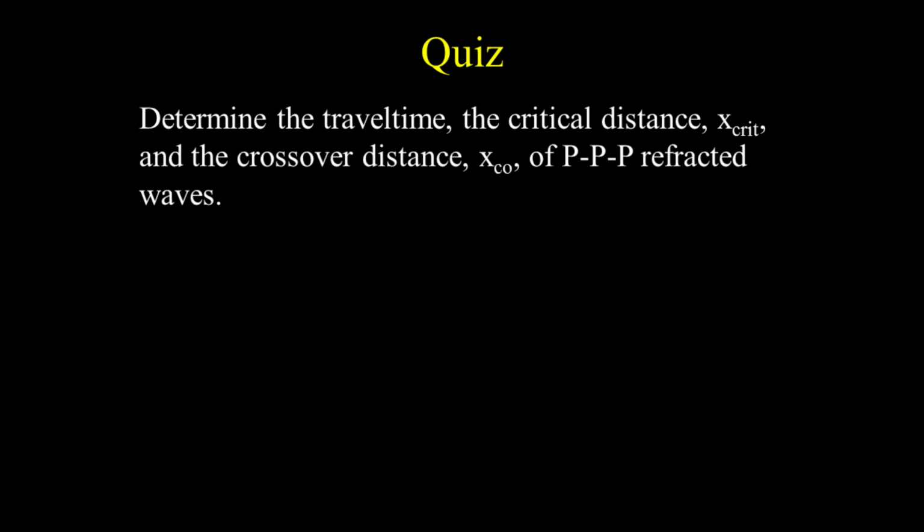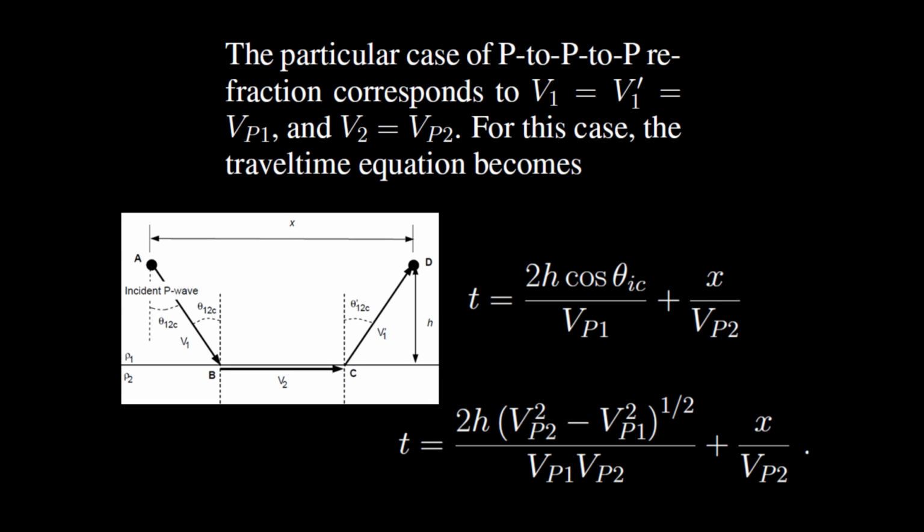Now it's time for a quiz. Determine the travel time, the critical distance, x critical, and the crossover distance, XCO, of PPP refracted waves. Here's the answer using the diagram below. The particular case of P to P to P refraction corresponds to V1 equals V1 prime equals VP1 and V2